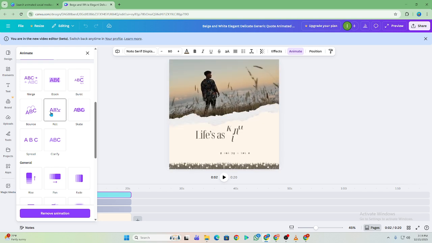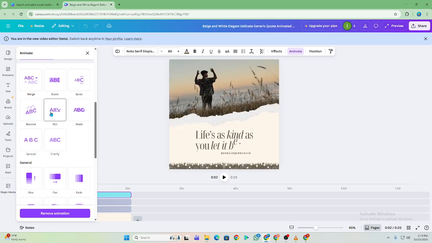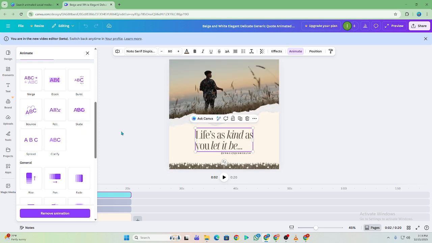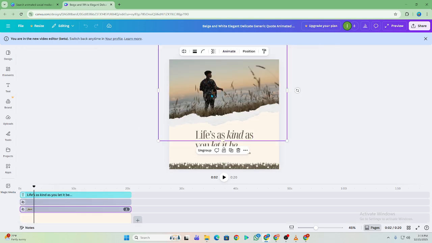You can also use motion graphics like GIFs or stickers to add extra flair. But remember, less is more. Avoid overcrowding your design with too many moving elements. Once your animation is ready, preview it to see how it plays. Make adjustments to timing